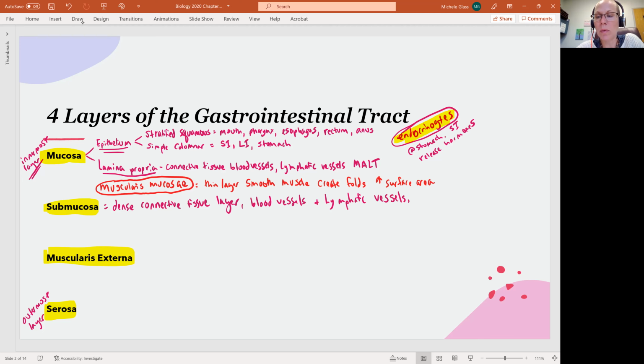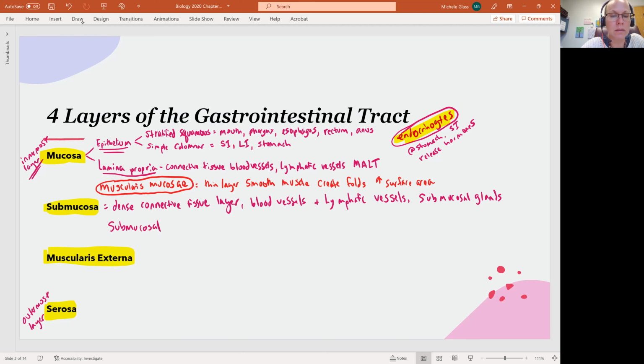It's going to have some important submucosal glands. So we're going to see some important mucus secretions that are going to be protecting the epithelial tissue of the GI tract, to help move material through and also protect against the really acidic pH of the stomach. So we'll see that. And then we also have in the submucosa what's called the